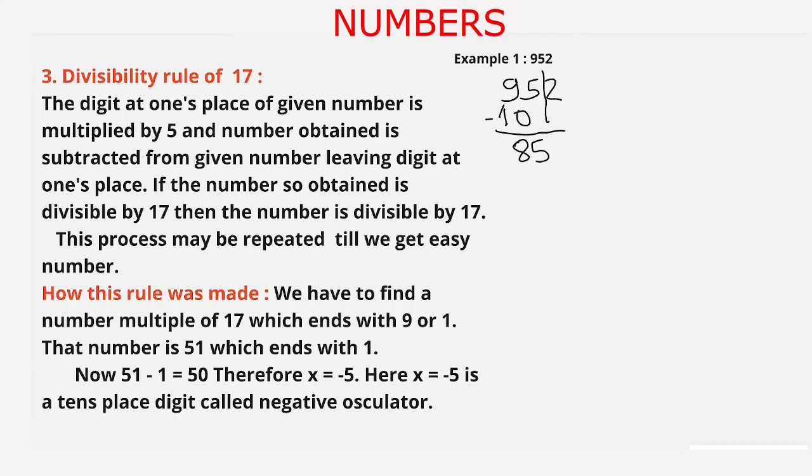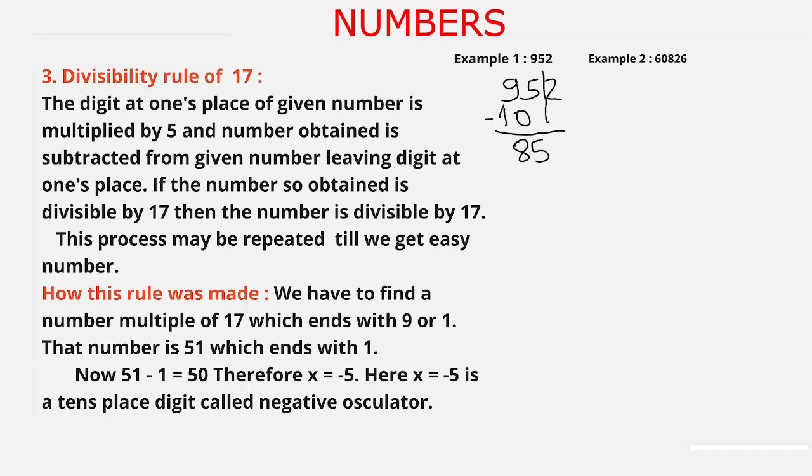As the oscillator was 5 and it was minus, that's why we subtracted. After multiplying 2 by 5 we get 10, and we subtracted 10 from 95 as the oscillator was minus 5. We go to the next example. The given number is